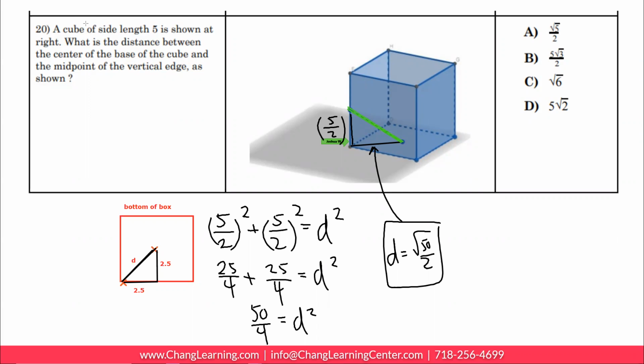So now we have to find that distance. Can I call this capital D? Now we have a second Pythagorean problem, which is 5 halves squared plus root 50 over 2 squared